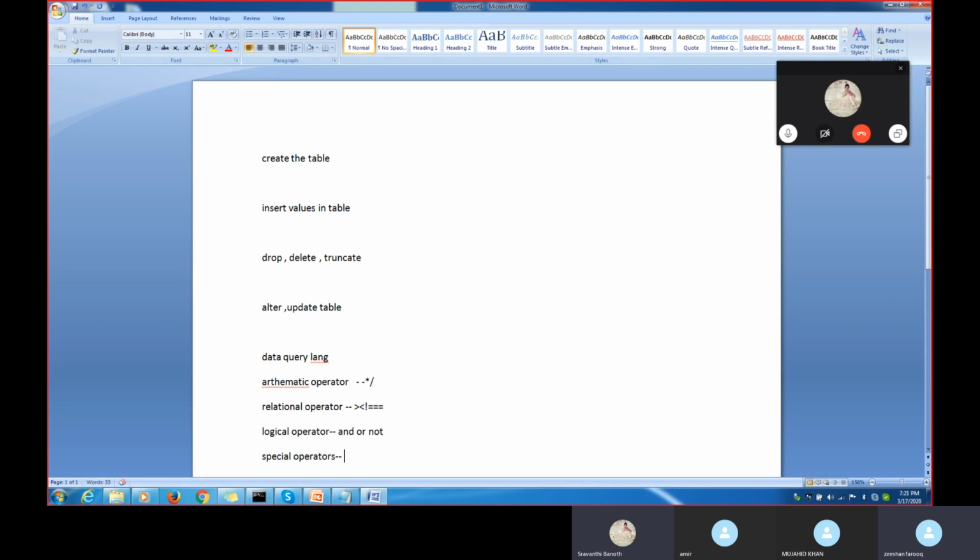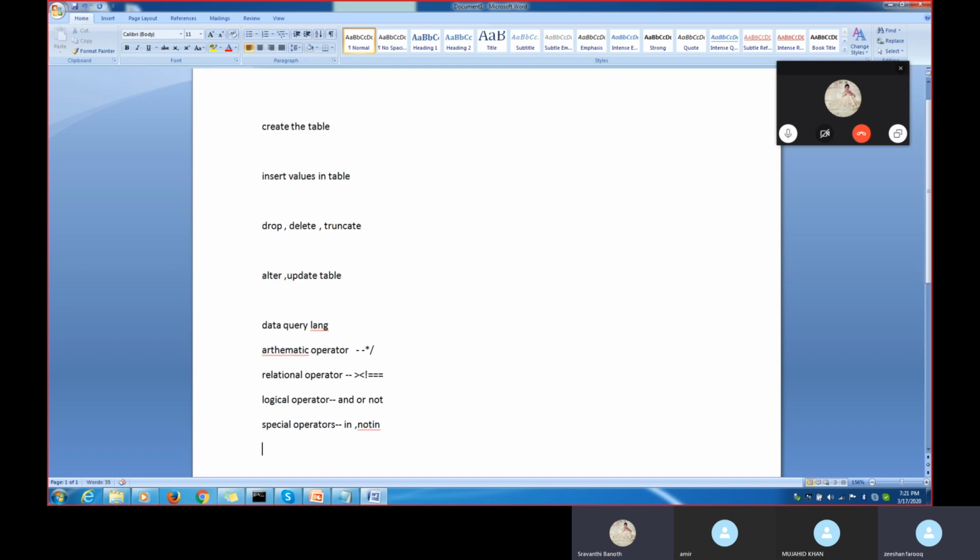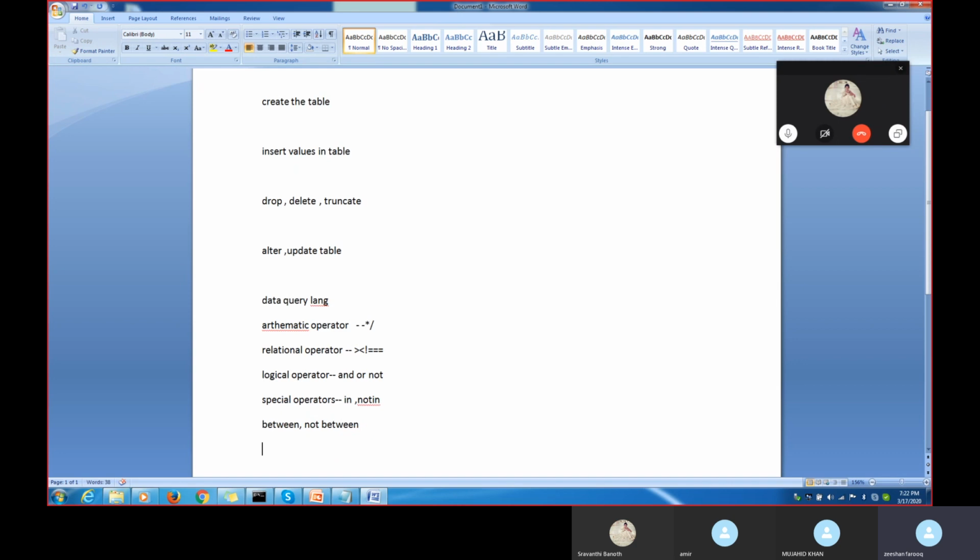In, not in, between, not between, and also like and not like. We'll see all these things practically in the data query language, which we use with the select statement.